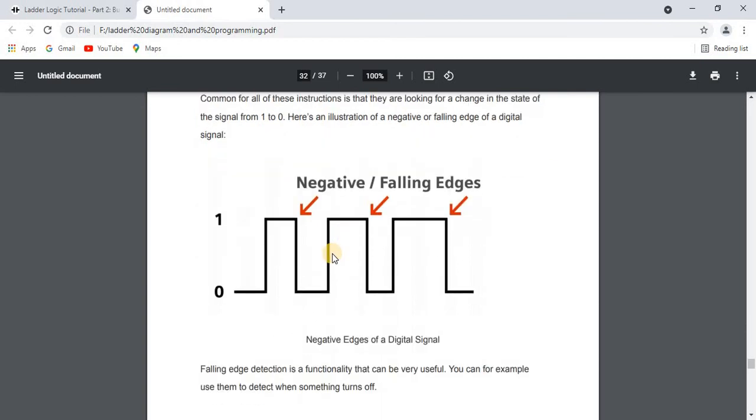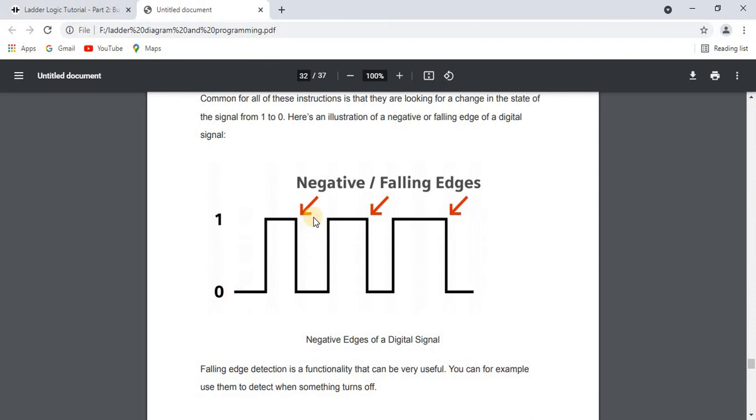Common for all these instructions is that they are looking for the change in the state of the signal. For the earlier one it is from 0 to 1, and for this falling edge detection it is from 1 to 0. You can see the illustration here.